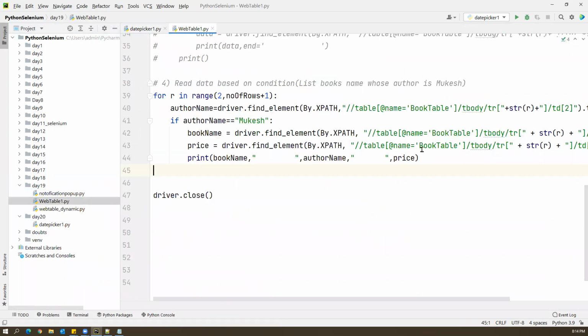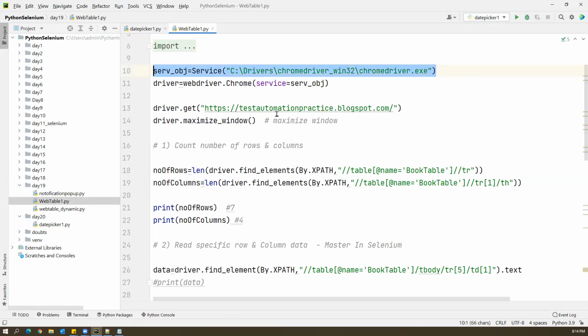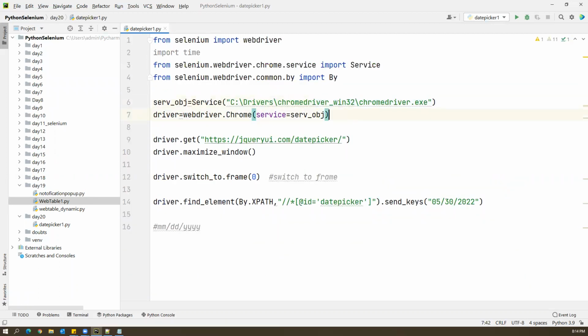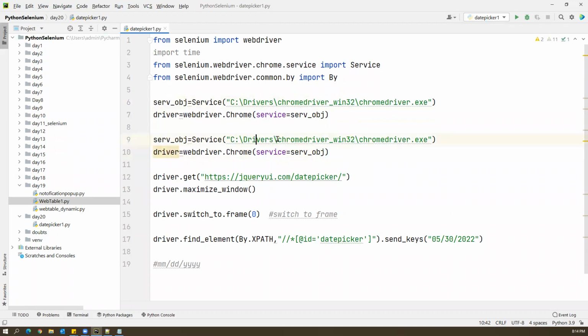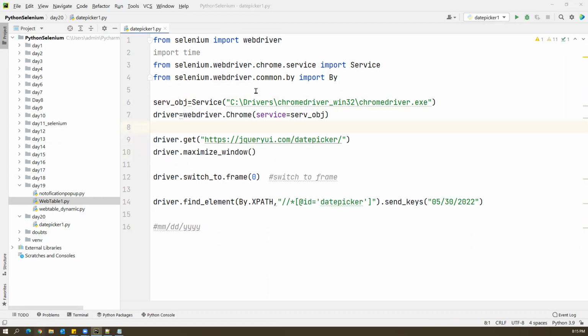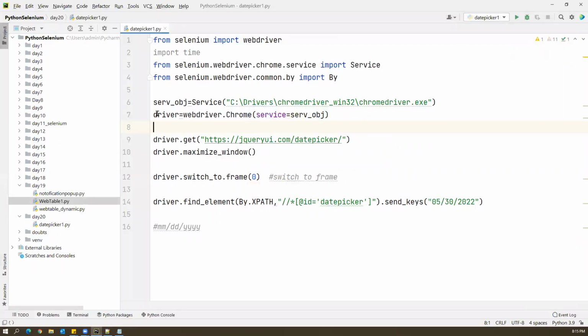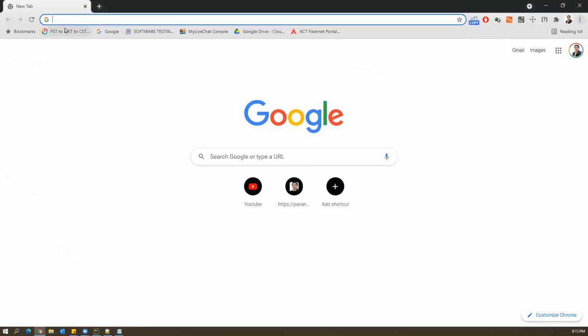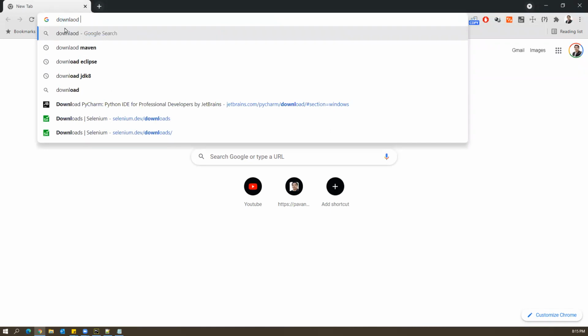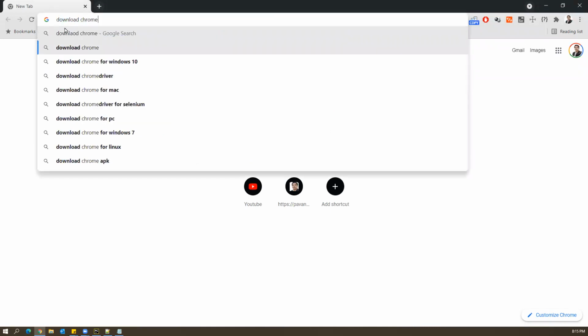Let me copy this from another program. Just check it: drivers, chromedriver_win32, chromedriver.exe, driver equal webdriver.Chrome, service object. So perfectly fine, I don't have any issue. So let's try to download the new driver first. Open the browser, and let me download the Chrome driver. So I say download Chrome driver